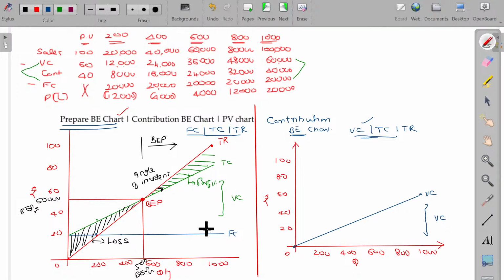In this case, this will be fixed cost. So what about the total cost? Total cost in the very first instant being 12 plus 20, 32,000 rupees. At 0, the value being 20,000. At 200, it may be 32,000. In case 1000 units, the value being 60 plus 20, 80,000 rupees. Is that clear? Now, if I connect these dots,